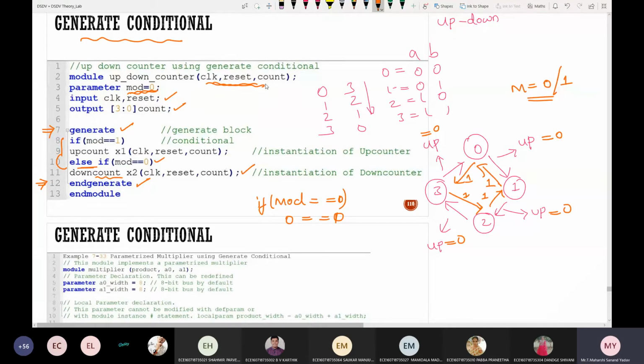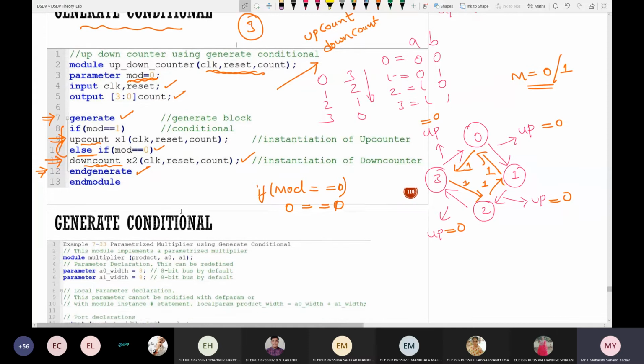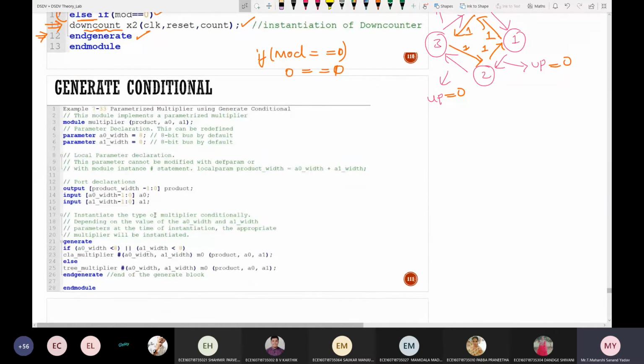So before writing this particular code, you need to add this up counter followed by down counter code to your project. These are two modules which I have written separately. If you are trying to execute this in your Xilinx tool, better first write the code for up counter and down counter. In detail, we shall go about these counters in unit number 3. For now, you just need to understand that there will be a conditional generate statement, which should be declared like this. Simply within that particular generate and end generate, if you use any conditional statements, it is treated as generate conditional. The same example for multiplier also.